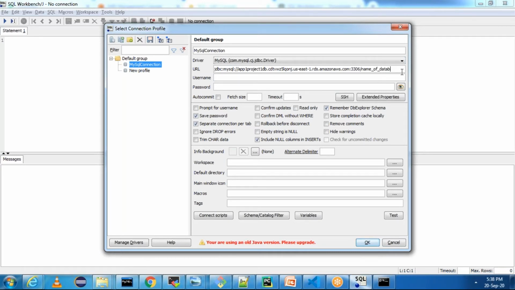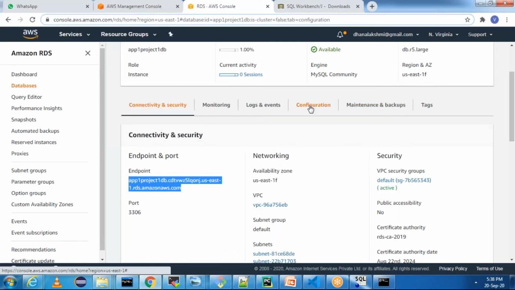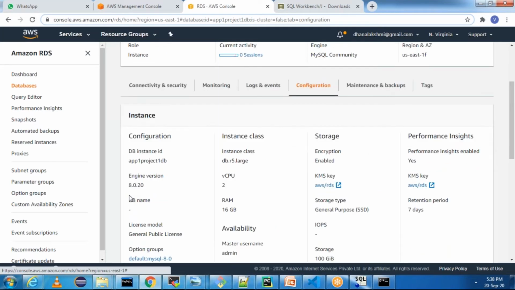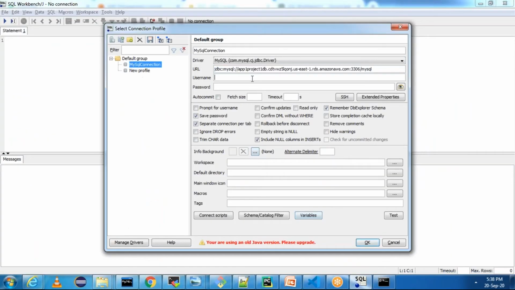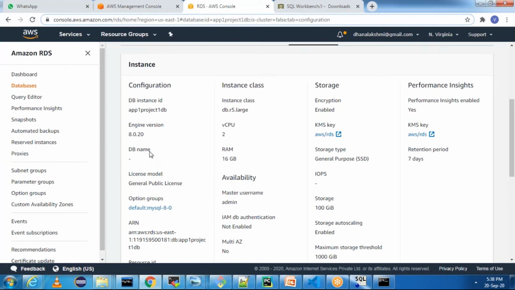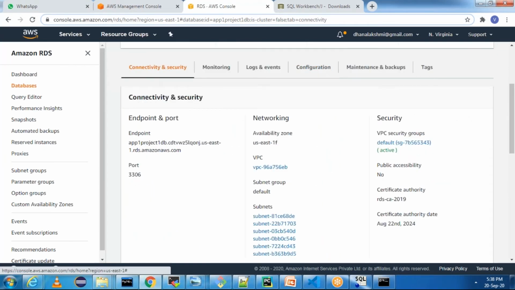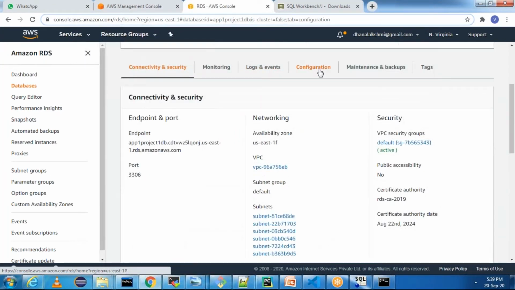For the name of the database, I can say mysql. This is the default database name. If not, you can go to configuration and see the DB name. There is nothing there, so I'm going ahead with the default database name. For the username, you can check connectivity and security, or the configuration.